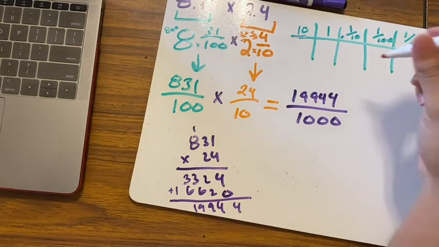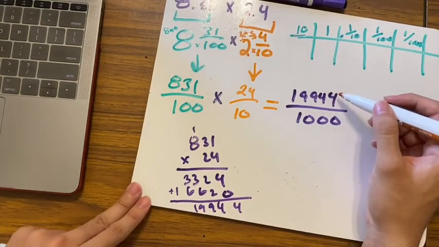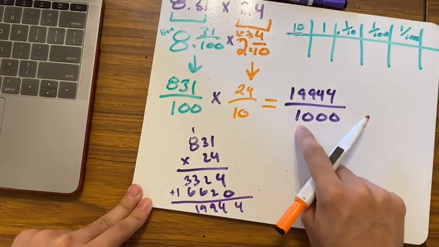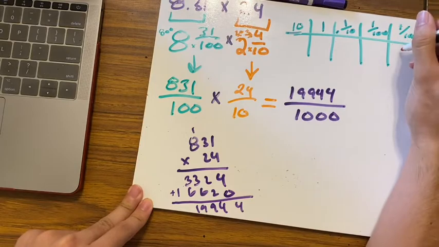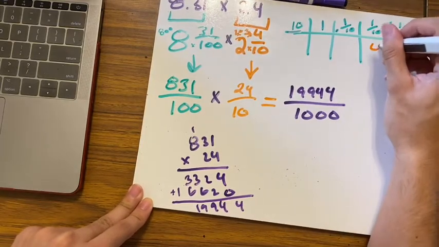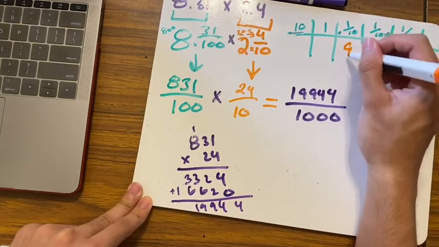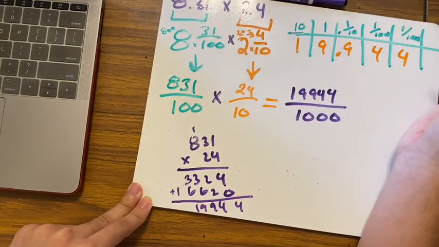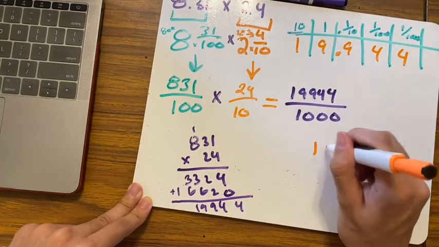All right. So my 4 is going to go in my thousands, right? I'm going to start off in my thousands because that's what I have. I have thousands. So I have 4, 4, 9, 9, 1. My decimal goes here. And so my answer as a decimal is